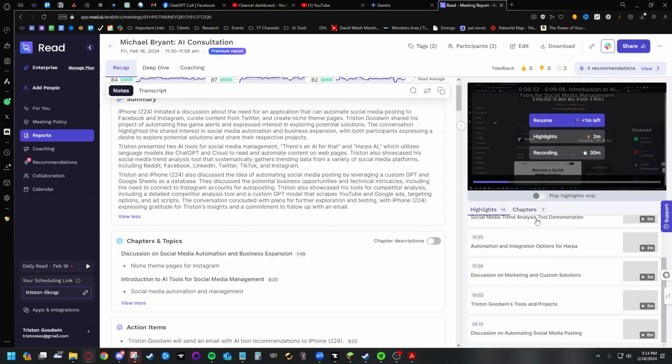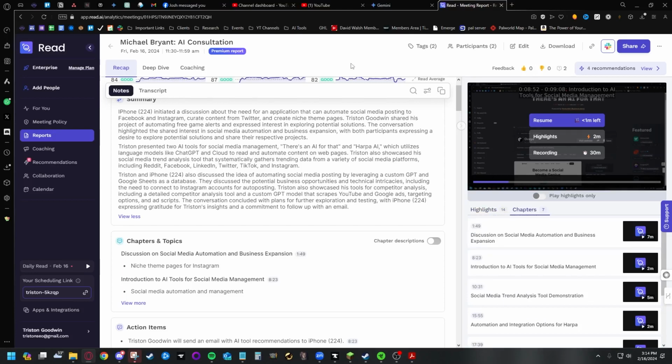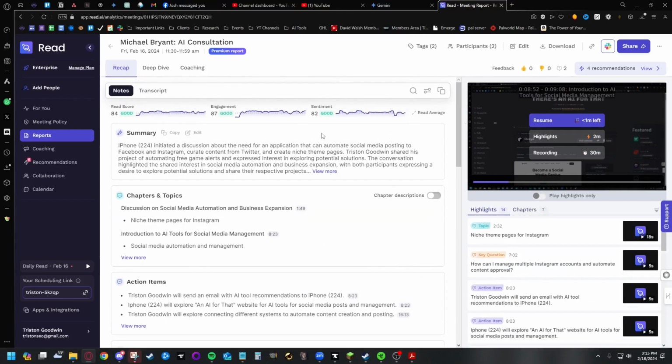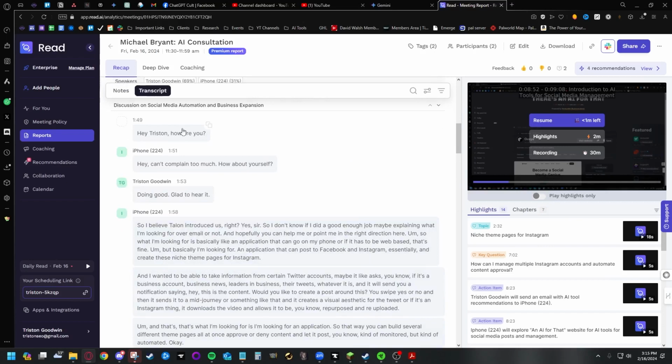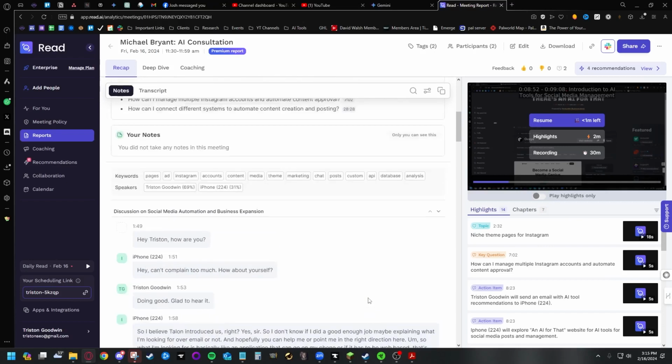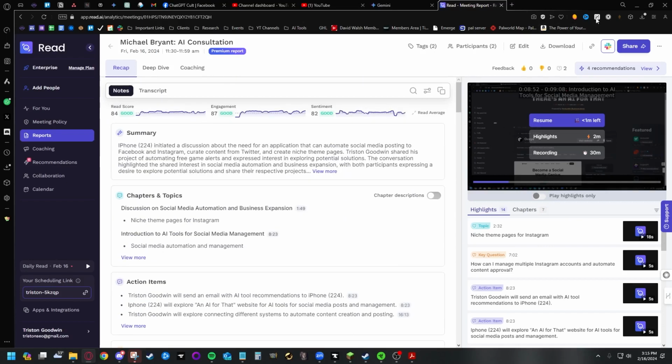It also has highlights and the different chapters and everything, so the different parts and pieces. But what's really cool about this is we can take this information and load it into the custom GPT in order to create a project scope, or any of those documentations we were just talking about, based off of this. So I have two options. You can either just take this and copy and paste it into ChatGPT, or what I prefer doing is I have